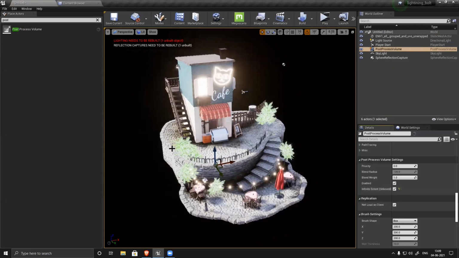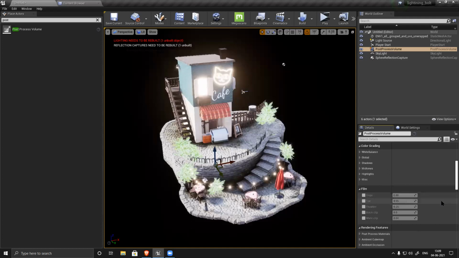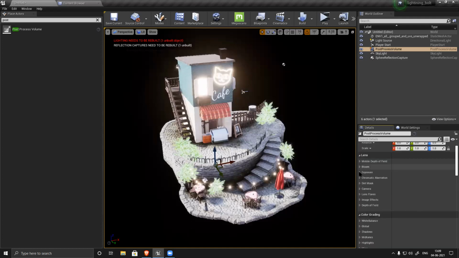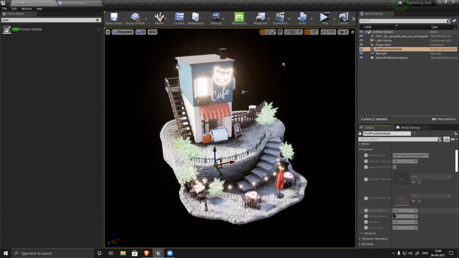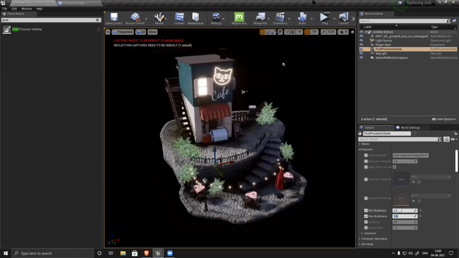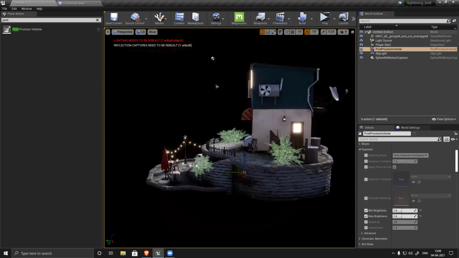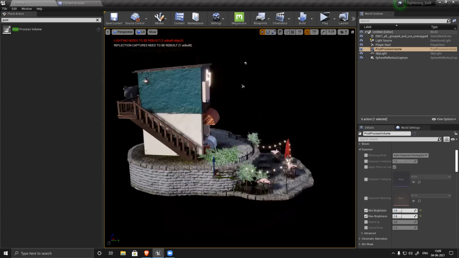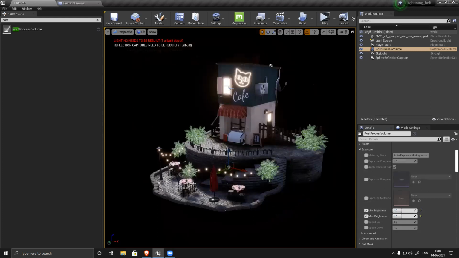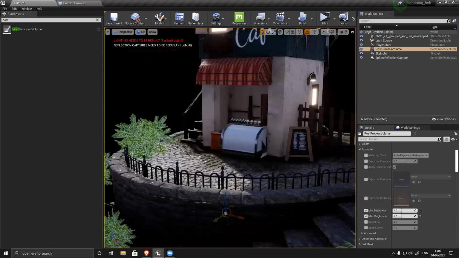Nothing happened here, you see. But if you go and change the exposure, minimum and maximum, make them 1, 1. This is your actual lighting. So this is required. Now you can see this is your actual lighting, and everything looks much better.